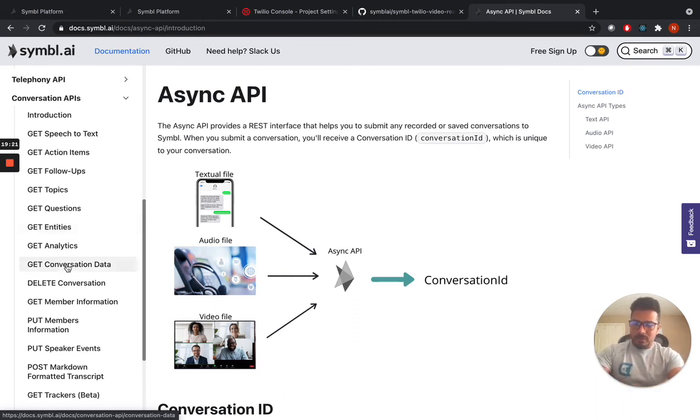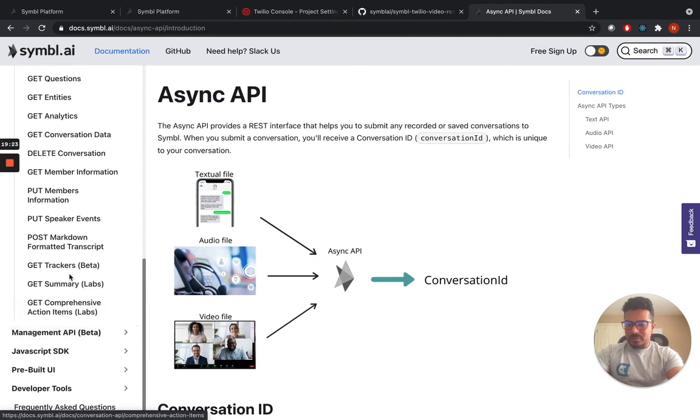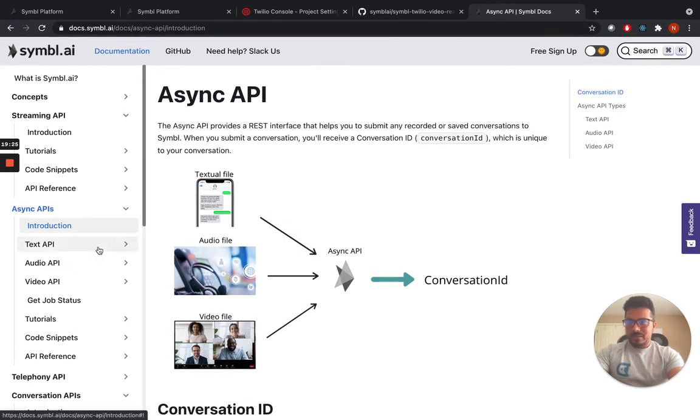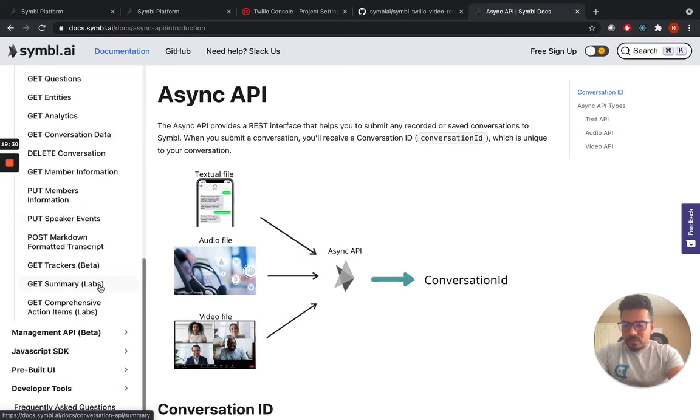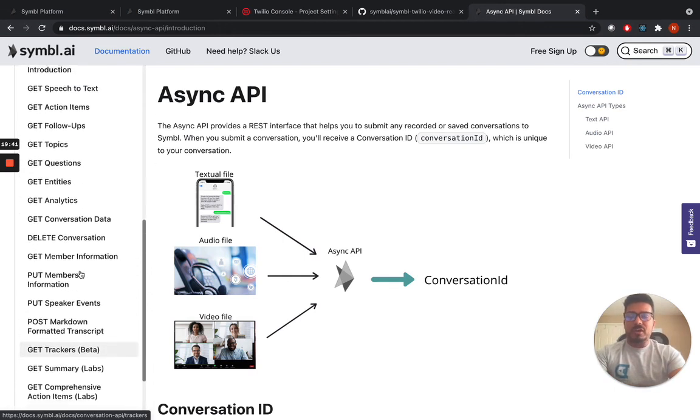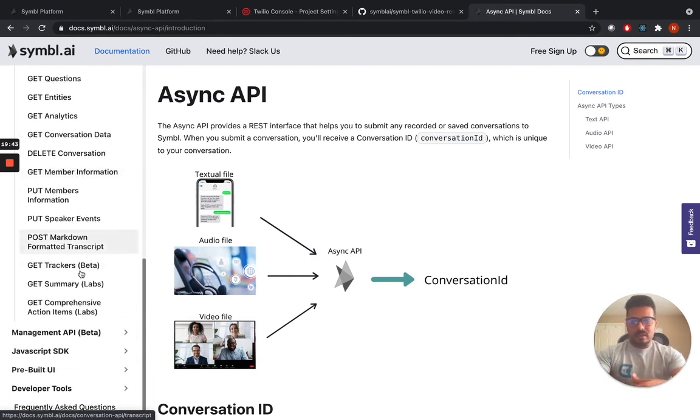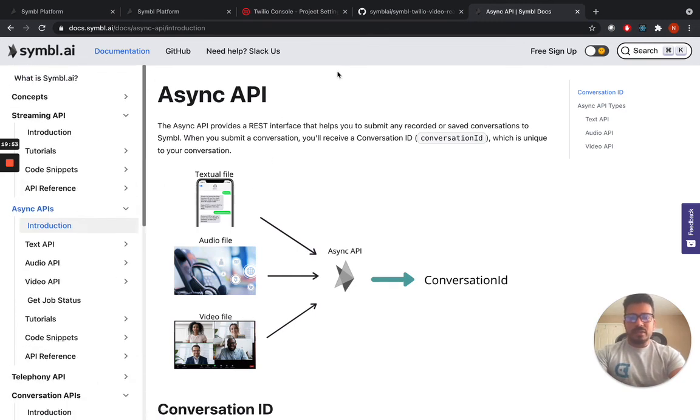So this is one thing, and I just wanted to show one other part as well. There are certain features that you will see, like trackers and summary. Some of them are in beta and lab stage. You can use those as well, test them, and give us your feedback if you run into any issues, although they are fully fledged, and I'm using them as of now in some of my applications and some of our customers' applications. So please feel free to use these and provide us your feedback as well.